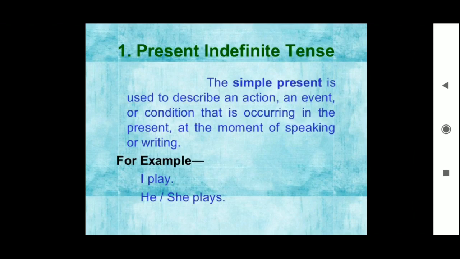The very important thing, my dear students, I want to make very clear: see the verb play. In the first sentence, the verb is play. In the second sentence, the verb is plays. Why is it like this? Because if the subject is singular, the verb will also be singular. If the subject is plural, then we apply a plural verb. So in the first sentence, I is plural here, and that is why we apply the plural verb play.